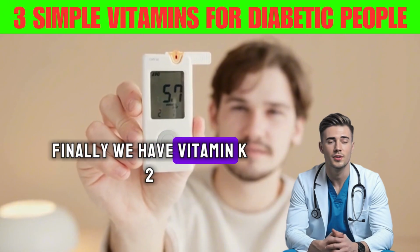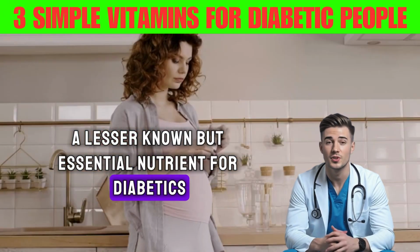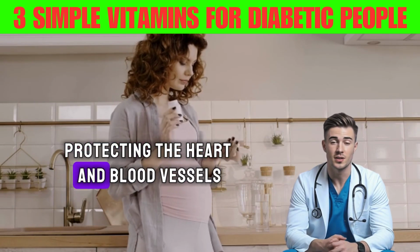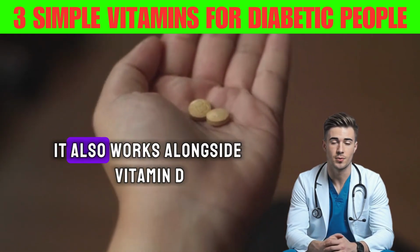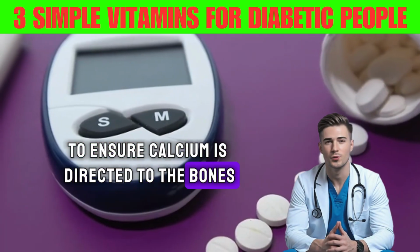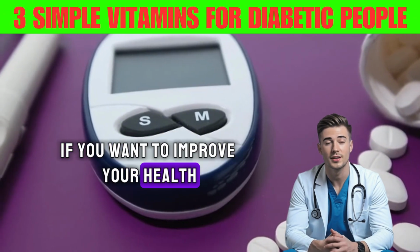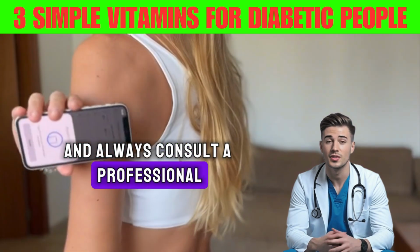Finally, we have vitamin K2, a lesser-known but essential nutrient for diabetics. This vitamin prevents arterial calcification, protecting the heart and blood vessels, crucial for those with diabetes. It also works alongside vitamin D to ensure calcium is directed to the bones, preventing osteoporosis. If you want to improve your health, include these vitamins in your routine and always consult a professional before starting